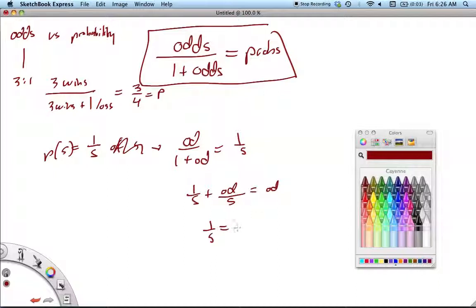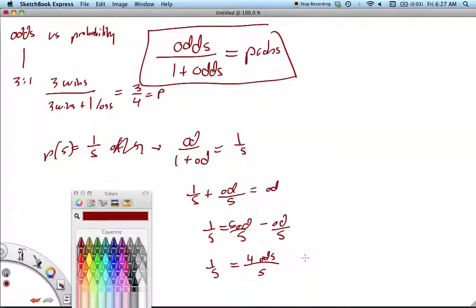One-fifth should be equal to odds minus odds over 5, 5 over 5. So then we would get 4 times the odds over 5 is equal to 1 over 5. Ones can cancel, and we get odds then are going to be equal to 1/4,